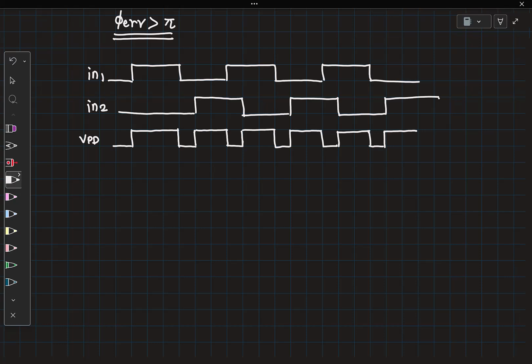Now, if I'm observing this waveform for a very, very long time, you will see that the behavior here is never replicated after this instance. So if I were to observe this VPD for a very, very long time and then take an average, this simply becomes an initial transient which can be ignored. So we will look at the steady state average VPD voltage, which means we will find the average after this point. Like I said earlier, this is the pattern that is not repeated. So if you wanted to take the average from this point onwards, that is also fine. It's totally up to you.